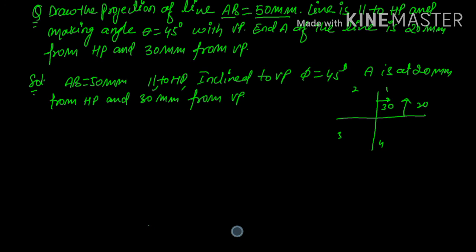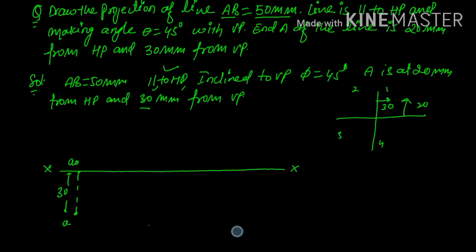Okay, so what you have to do, draw a line XX on your sheet, a horizontal line. Okay, the line is parallel to what? Parallel to HP. So first of all we have to draw our projection in HP. Okay, this is clear. So what is the distance given from the VP? From the VP 30 mm, that will be used in HP. Okay, so from any point A naught, come down by 30 mm. Okay, so this is my A point.